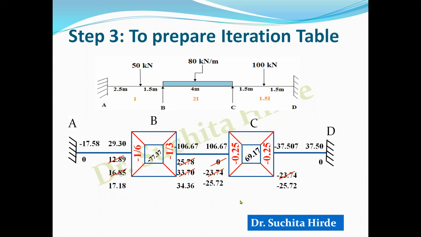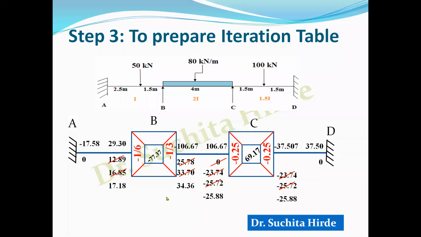Similarly, go to joint C and follow the same process. To calculate new values, first of all we cut the old values and then, how do we calculate? 1, 2, 3. Add these 3 values. To this, multiply by this rotation factor. You will get minus 25.88, the same value here because the rotation factor is the same. This completes the third cycle. Now go to the next cycle in the same way.